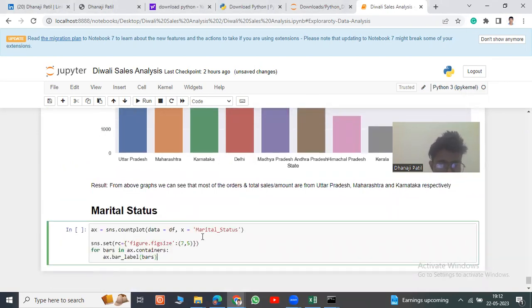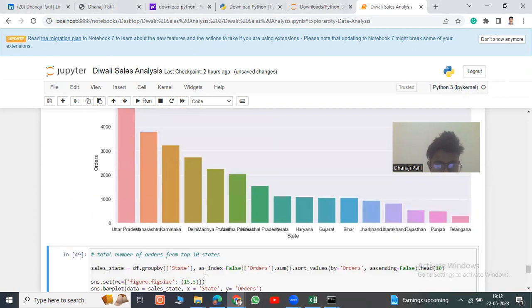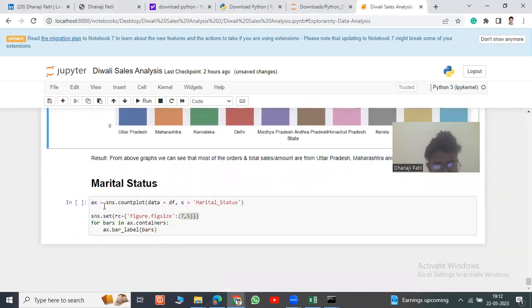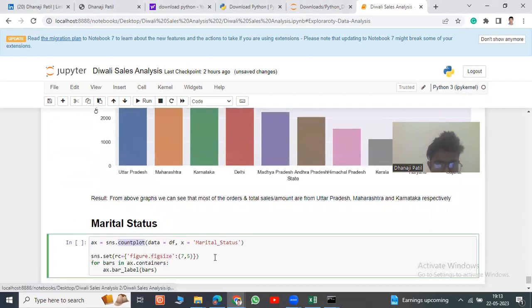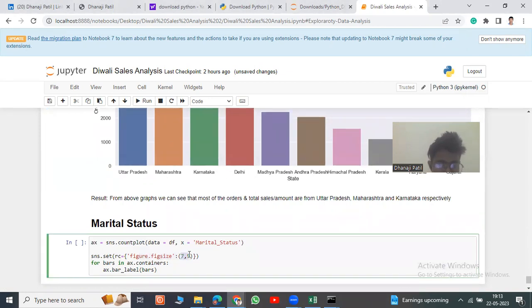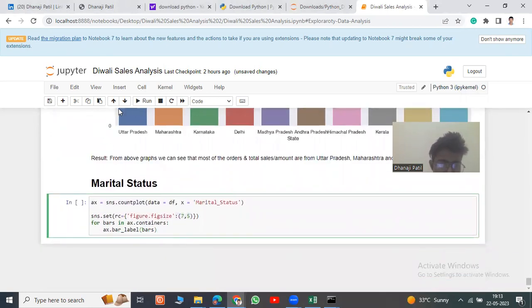So here we write the marital status, and this is the figure size. So let's go, and here we are using a seaborn count plot where we need to plot a bar diagram for marital status. This thing needs a minimum of 7 by 7 into 5. So whenever we run the program,